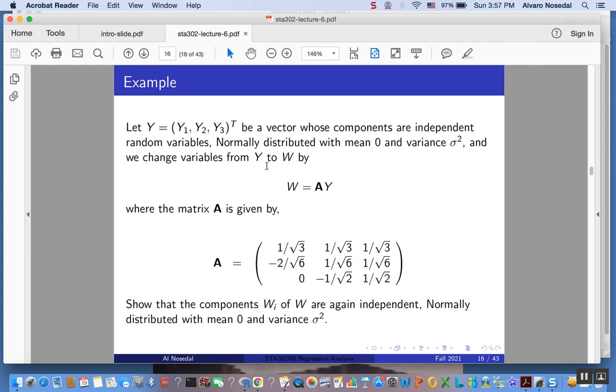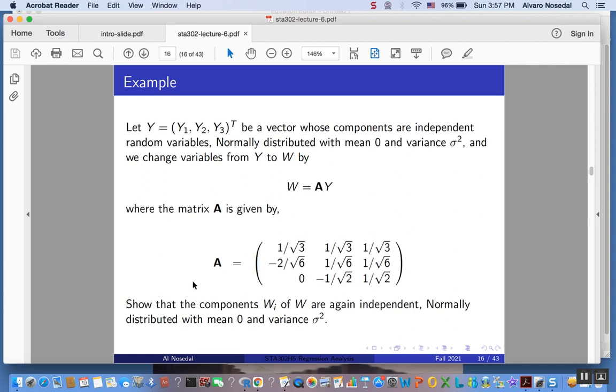And we defined a transformation, W, like this. It's the matrix multiplication between matrix A and our random vector Y. The matrix A is defined like this,